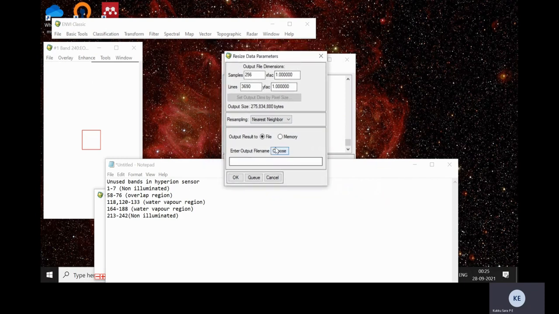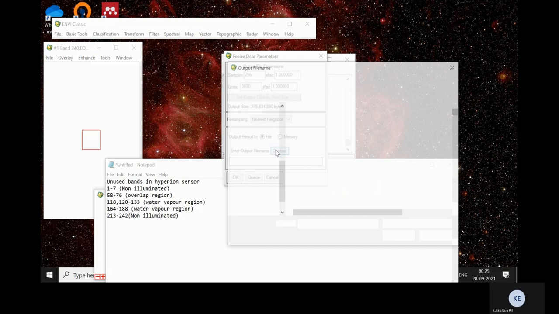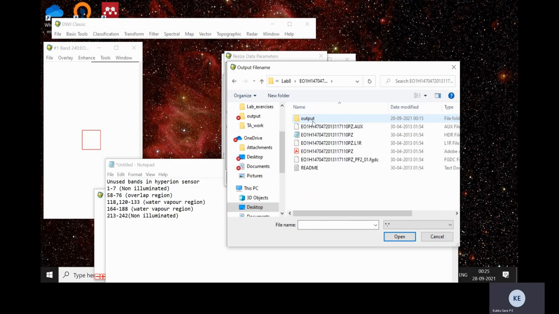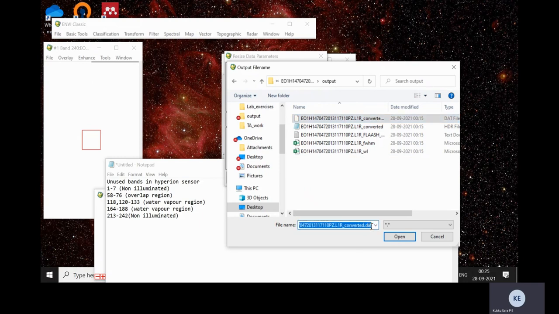Here you can select the output file name. We will just write the file name as subset, and click open.